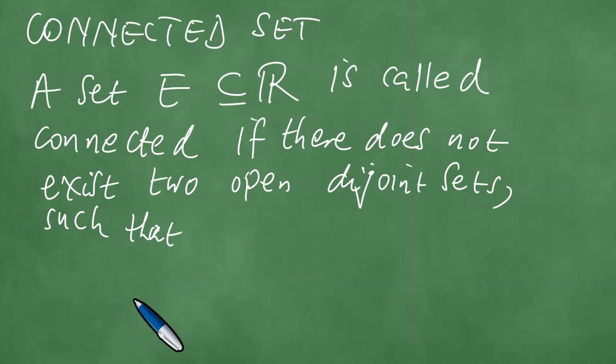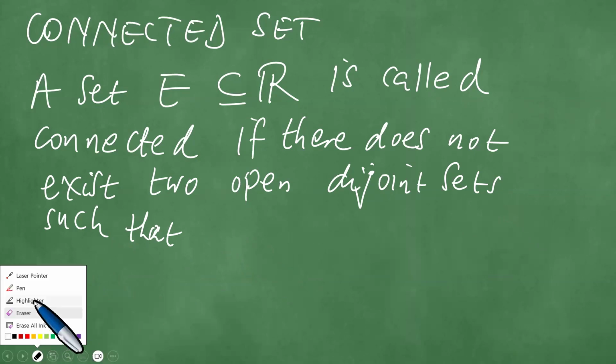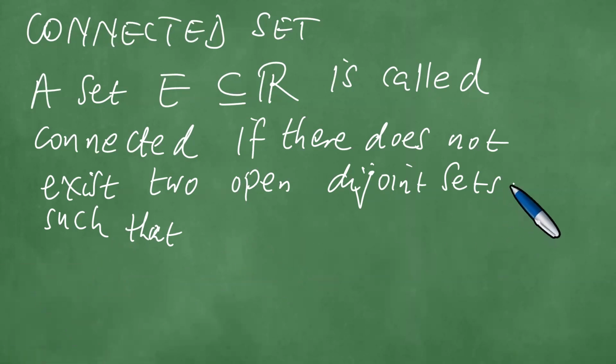First and foremost, we're saying this set E is called connected if there does not exist two open disjoint sets, let me just call them A and B, such that